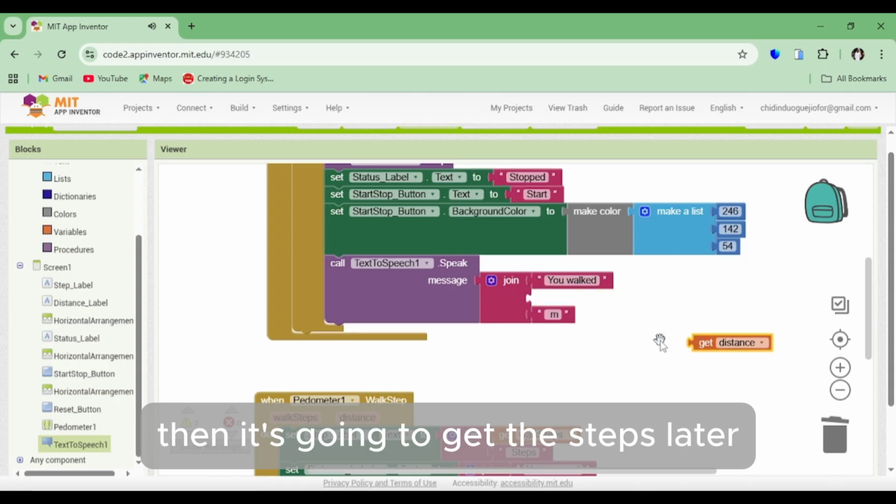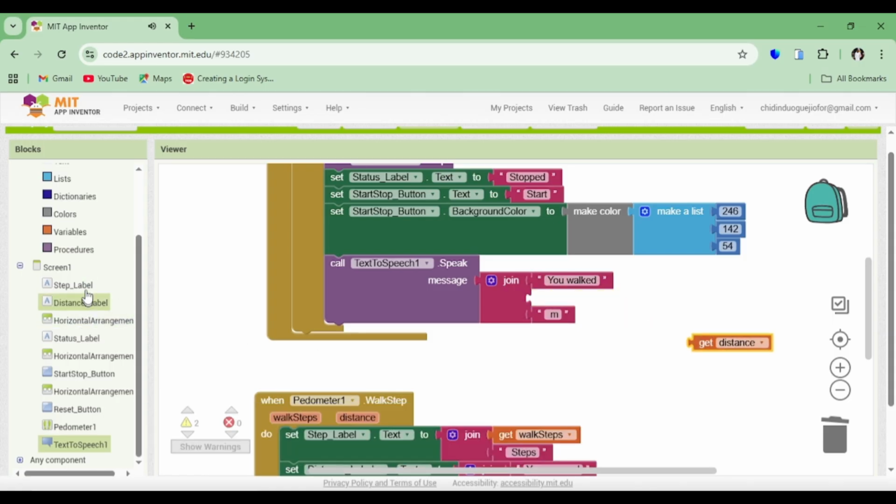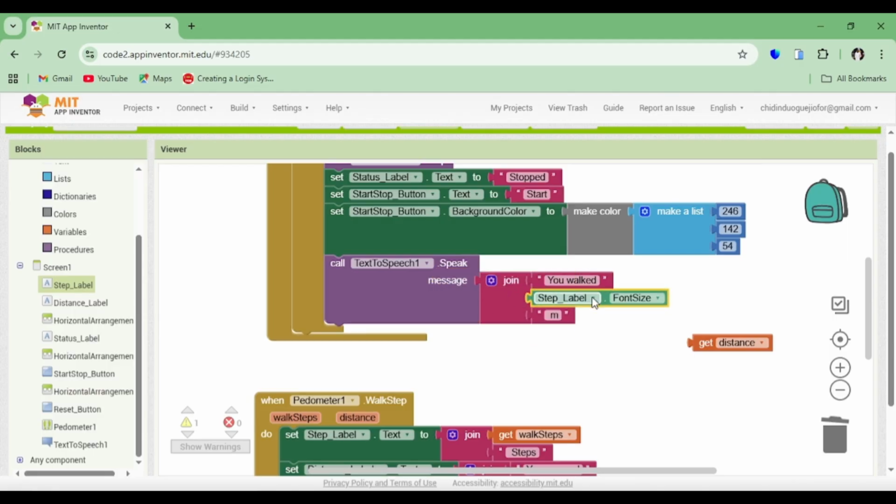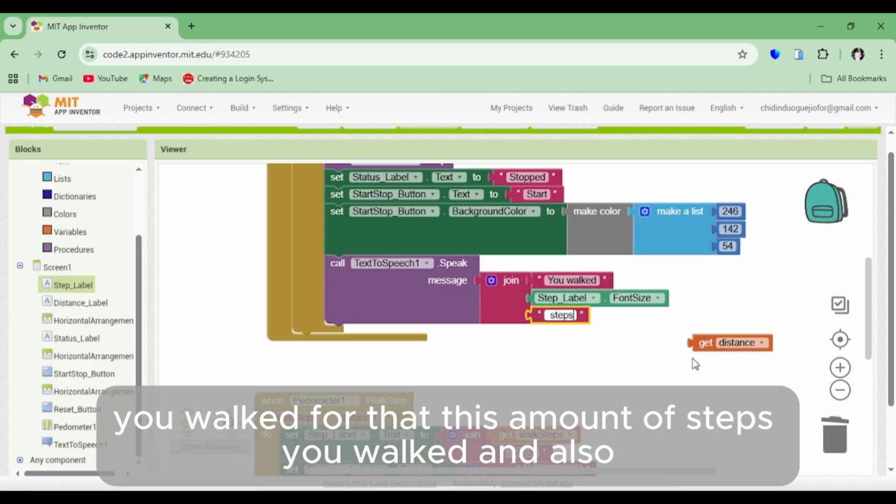Then it's going to get the steps label dot text. You walked, because that is the amount of steps you walked, and also